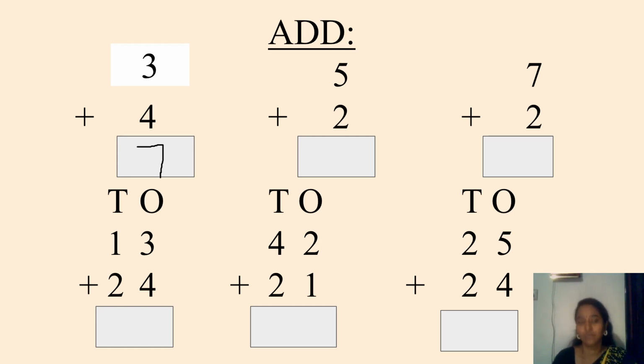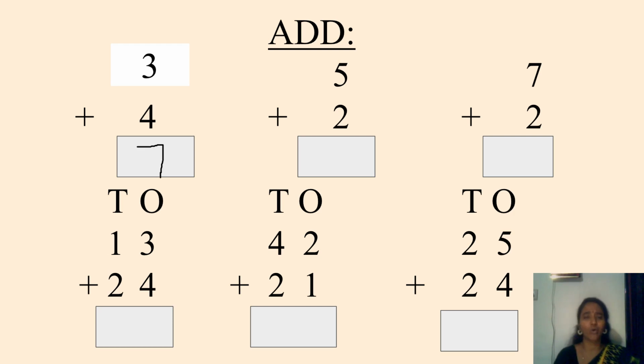You can write in your textbook only. The place is already given for you. Next, 5 plus 2 and 7 plus 2. This you will do for your practice. In this, 7 plus 2 is which I gave for your practice. It is not in your textbook. Right? Next, coming to the first row, the other two sums you will do for yourself for the practice.